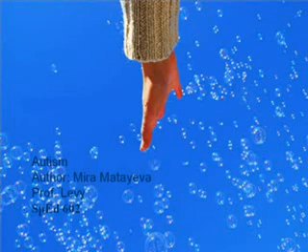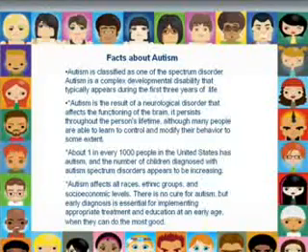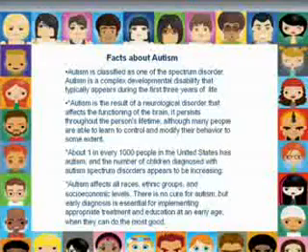Autism. Facts about autism. Autism is classified as one of the spectrum disorders. Autism is a complex developmental disability that typically appears during the first 3 years of life. Autism is the result of a neurological disorder that affects the functioning of the brain. It persists throughout the person's lifetime, but many people are able to learn to control and modify their behavior to